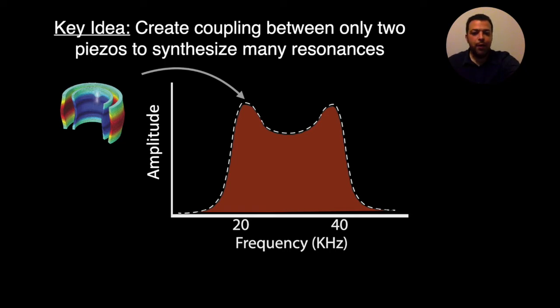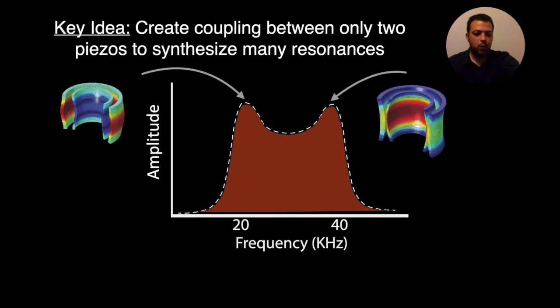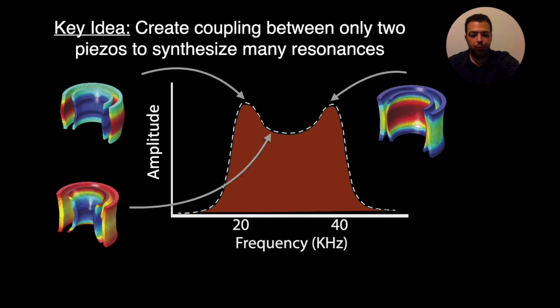Now instead, if I take another frequency closer to the resonance of the second piezo, we will get this one, in which you can see the inner piezo is now vibrating very strongly and the outer piezo does not have that level of strong vibration. Now instead of taking these two extremes, if I take a frequency in between, we will get a completely different mode of vibration, which is generated due to the coupling between the vibration of these piezos. In this mode, for instance, the edges of both of these piezos are vibrating strongly. And this mode is generated because of the constraint that we define between them.